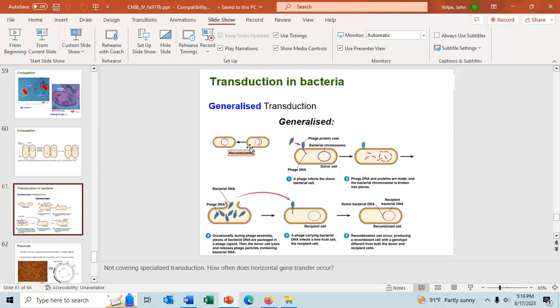However, it's very unlikely that transduction would ever occur from one cell and then move into a gamete of an individual. It may happen in the nose cells, for example, where a human nose cell picks up DNA from transduction,